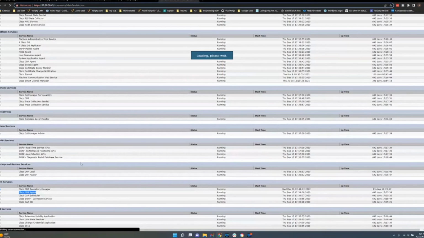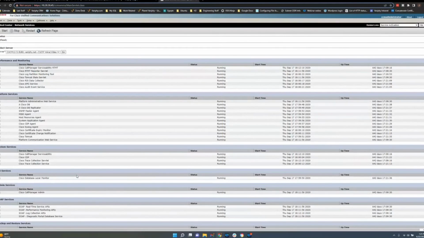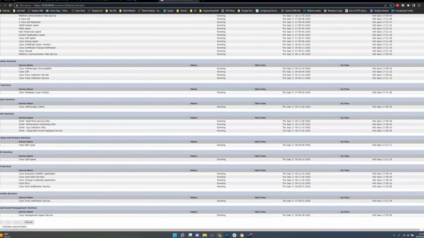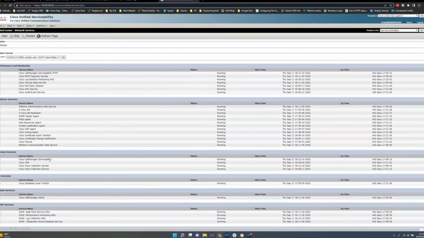So as soon as this loads up, you'll see that. But again, it's not service impacting and can be restarted. CDR service is the only thing for the subscriber, the agent service. So again, restart that on all your subscribers. It wouldn't hurt to restart it on the publisher as well. You shouldn't need to restart the repository manager if you are getting some data. So I think that about covers it, and that's all the content I have for today.